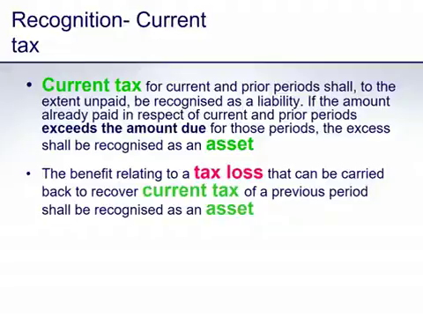The standard deals firstly with current taxes, and to be honest, the accounting for current tax is relatively straightforward. Current tax is based on the taxable profit for the current reporting period, so an entity will calculate whatever it owes to government as a result of the income and expenses for the year of assessment for a particular period. Multiply that taxable income by the respective tax rate, and that will give the entity the amount of its tax